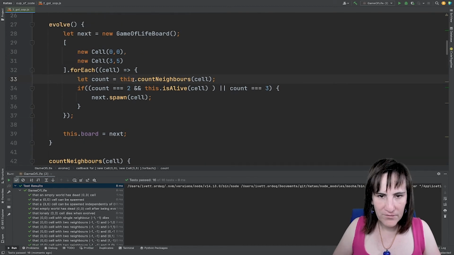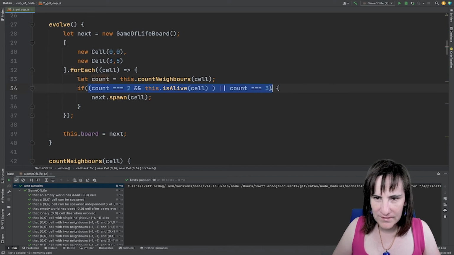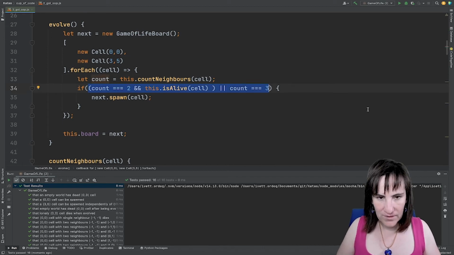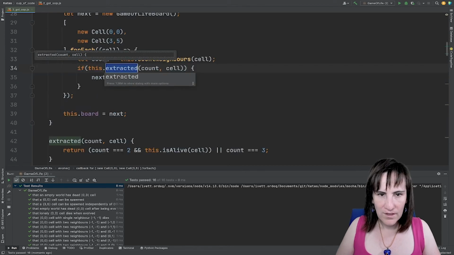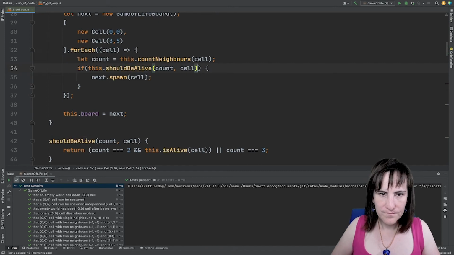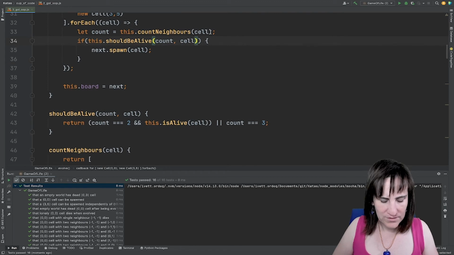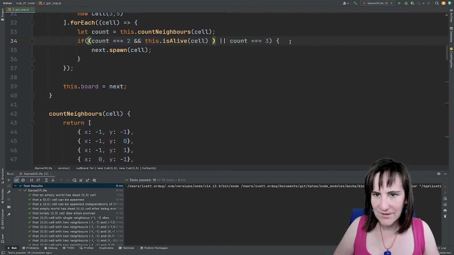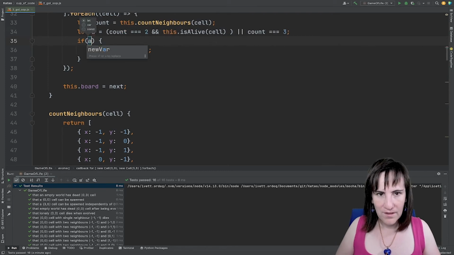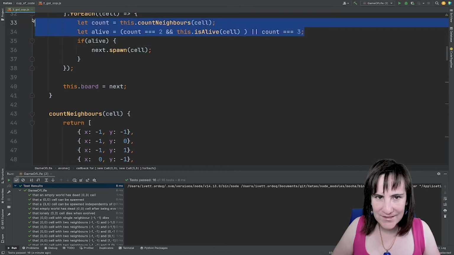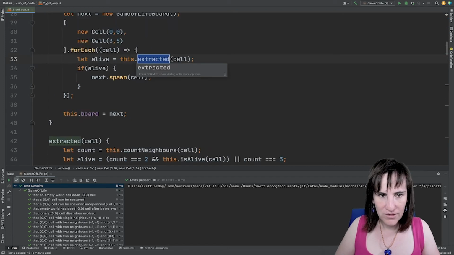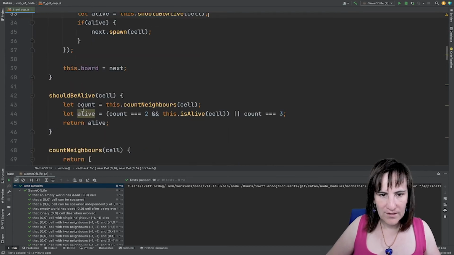A bit of refactoring again. I kind of feel that this here is actually something we can extract into a function called shouldBeAlive. And yeah, that's not really how I wanted to extract it. First, let's extract it into a variable then, alive, and then take these two lines, extract that to shouldBeAlive,